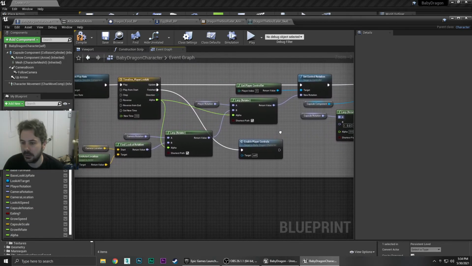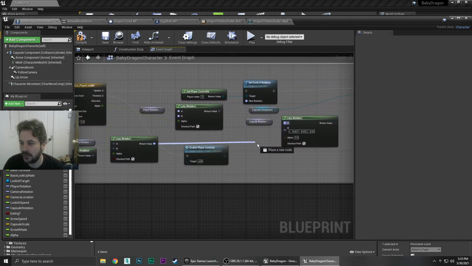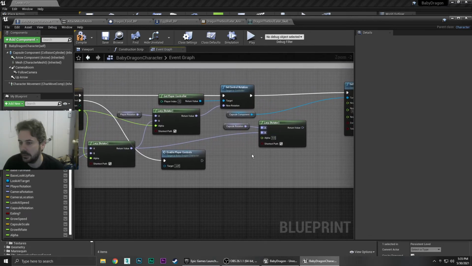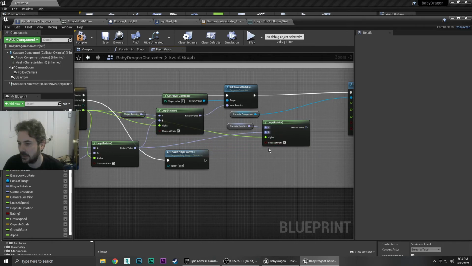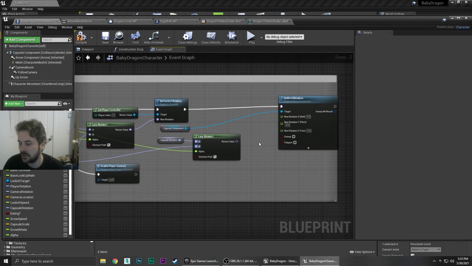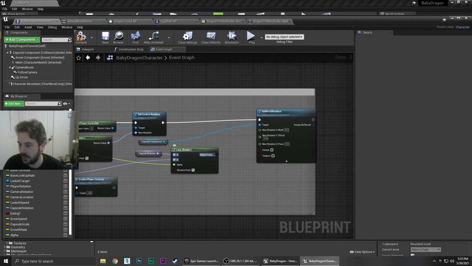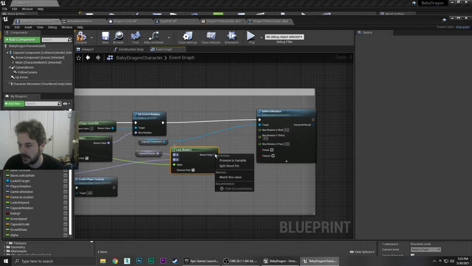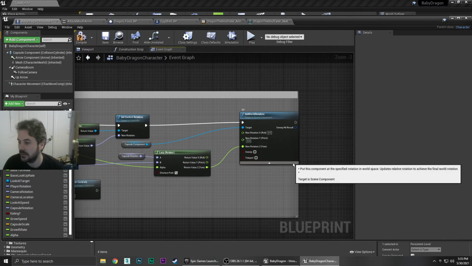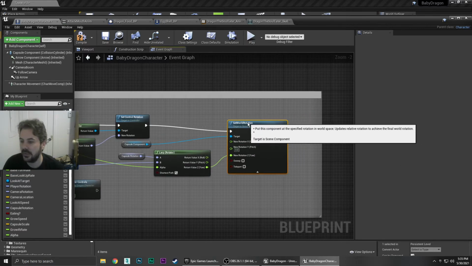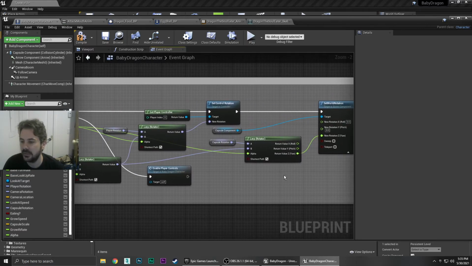to our target rotation with the alpha shortest path. And we're going to split that struct pin and plug that into Z. And I think this might fix it,